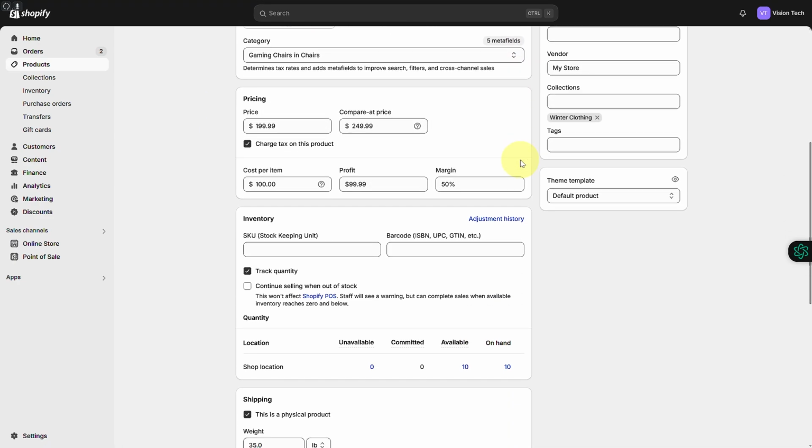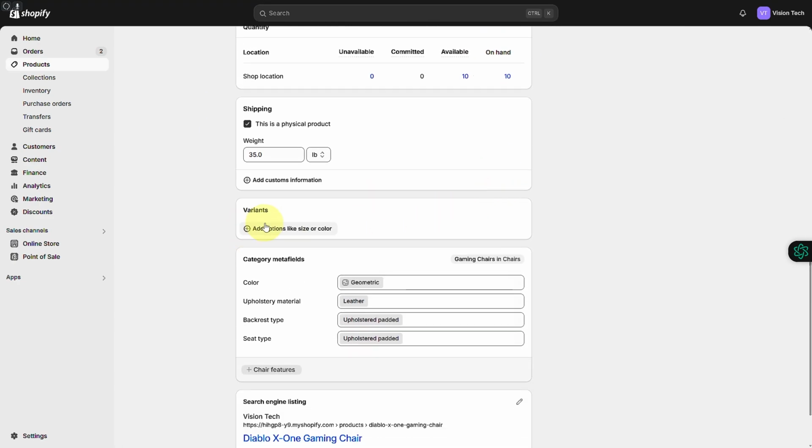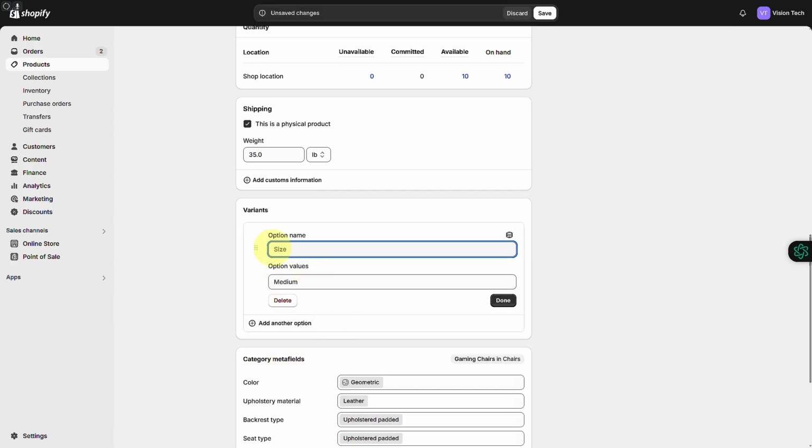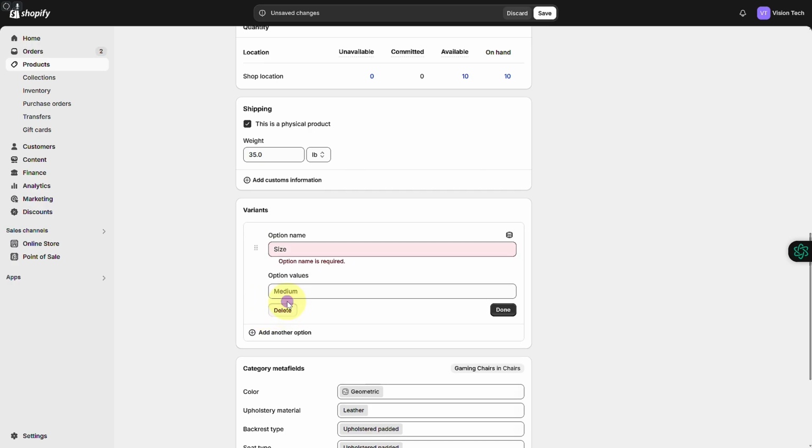You can see we have different variants options in here, so you can add options like size, color. You have seat type, backrest type, and if you want to add a custom field, you can do that, like for example option name, option values, and if you want to delete it, you can do that as well. So that's how easily you are able to change Shopify product variants